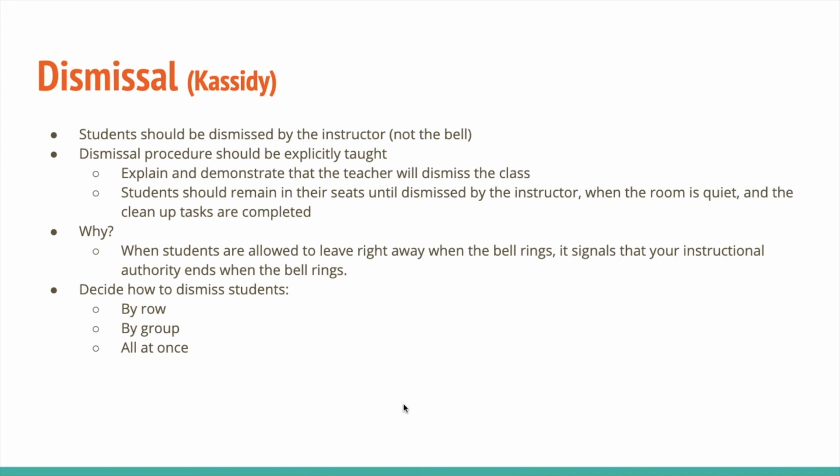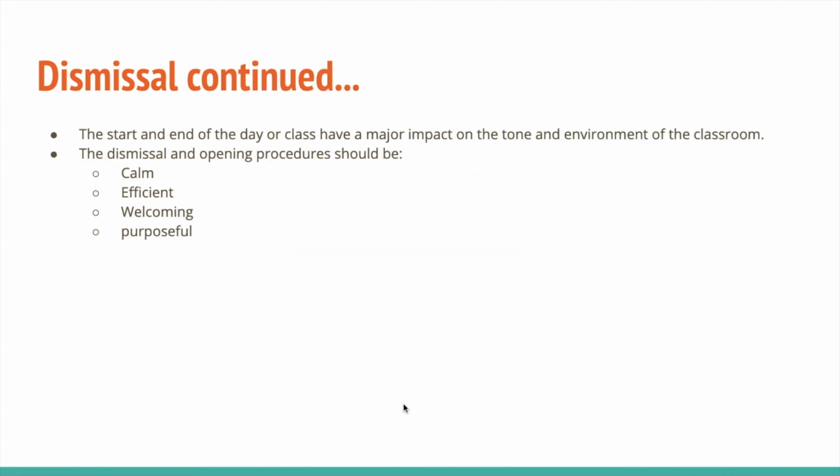You can do this in a number of different ways in the classroom. You can do it by row, by group, all at once. I've been in a class where you line up at the door and the teacher will sign your exit slips. So there's a lot of different ways you can implement it in the classroom. And this also has a major impact on the tone and environment of the class. So the dismissal should be calm, efficient, welcoming, and purposeful. So it all is a good way to wrap